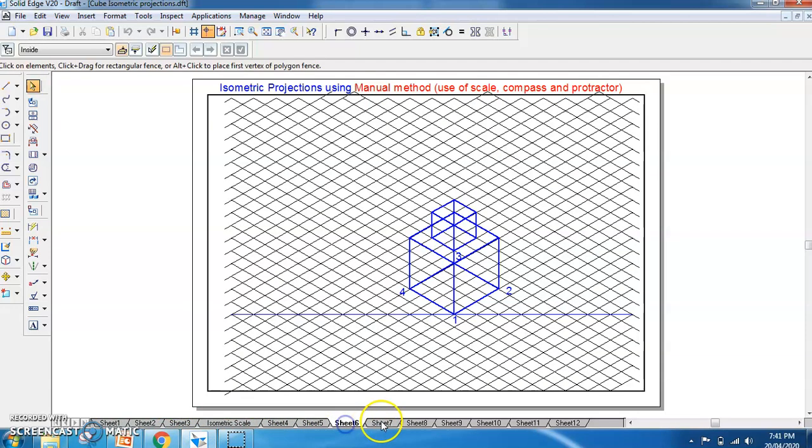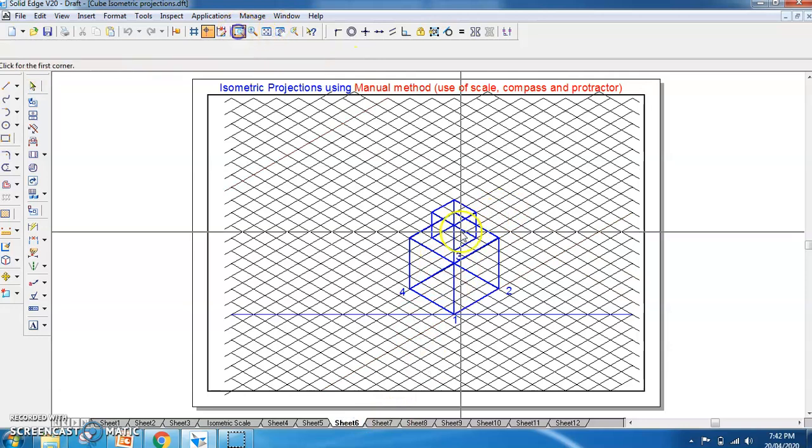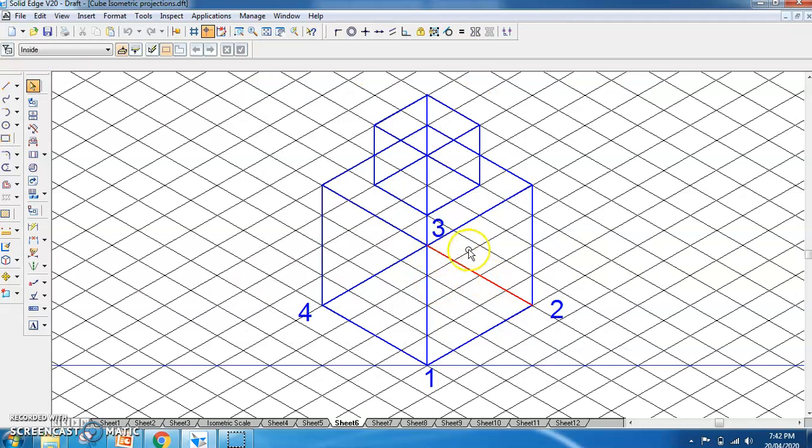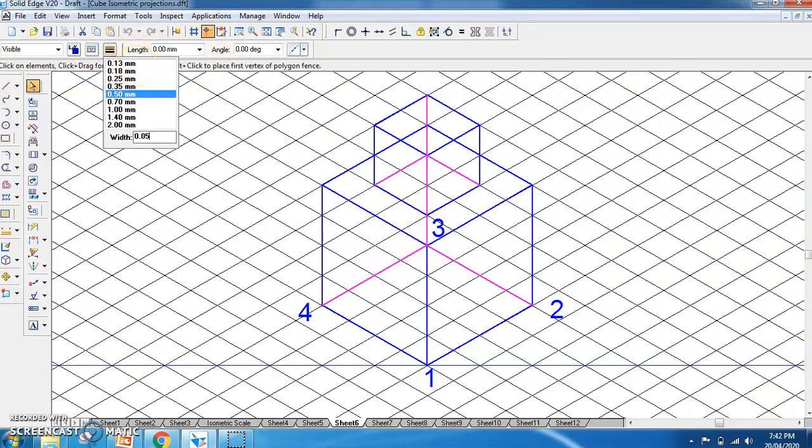But here when we have drawn this, we have used them for the construction purpose. So while making the final drawing, what you have to do, you don't have to show them thick, but you can show them thin. Okay, so you select this line, then this, all the lines which are not visible, okay, so make them thin. Okay, so all these lines which you have to make it thin. Okay, so make them thin, that is 0.05. Okay, so all these you have made it thin.